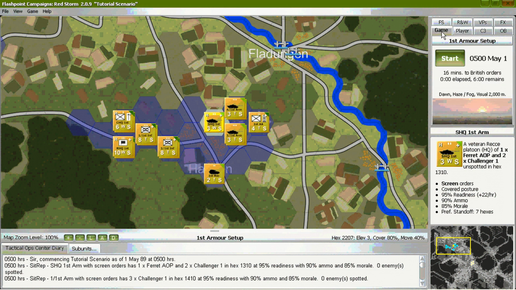Take a few seconds and review the weather and visibility information in the upper right or left if you've changed the settings of the screen.